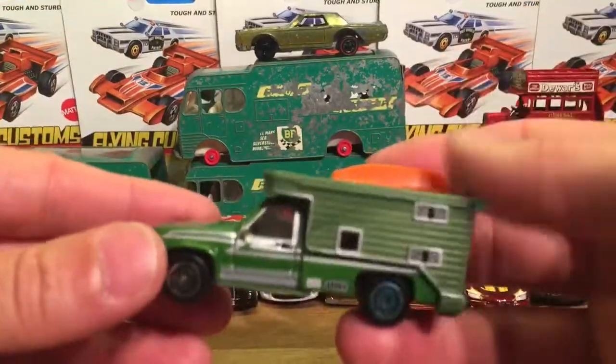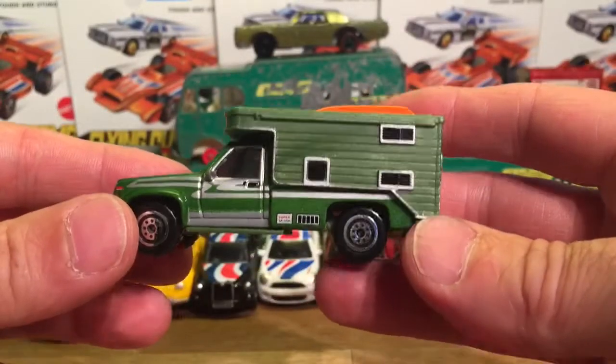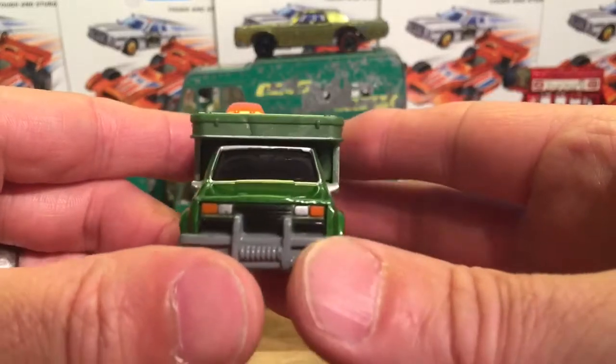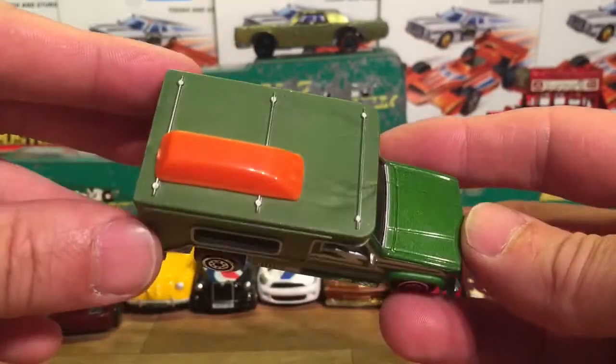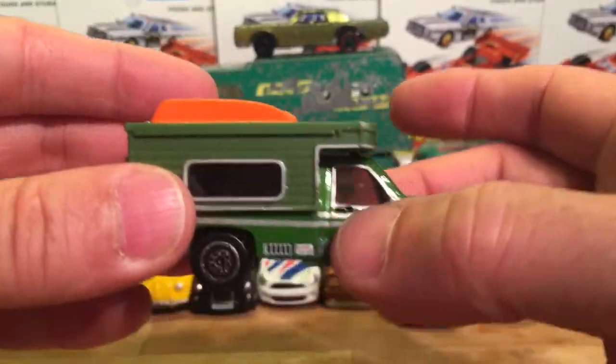And here's an interesting one. This is a China car, but I just couldn't put it down. I picked it up and it just drew my attention. It's a very, very nicely put together piece. This is plastic on the back here, plastic base, die cast body,